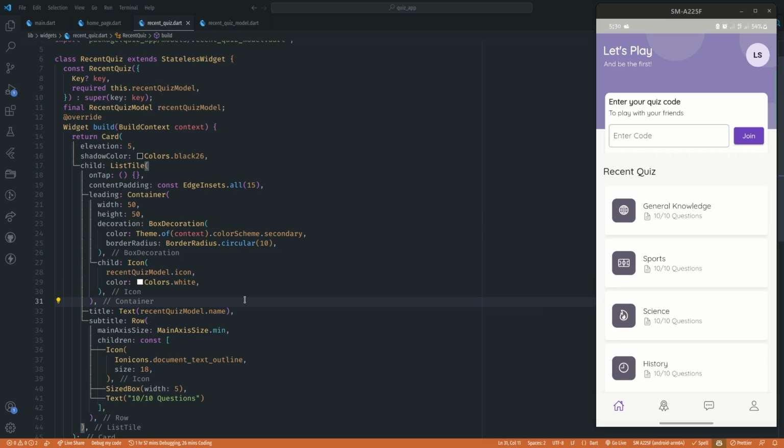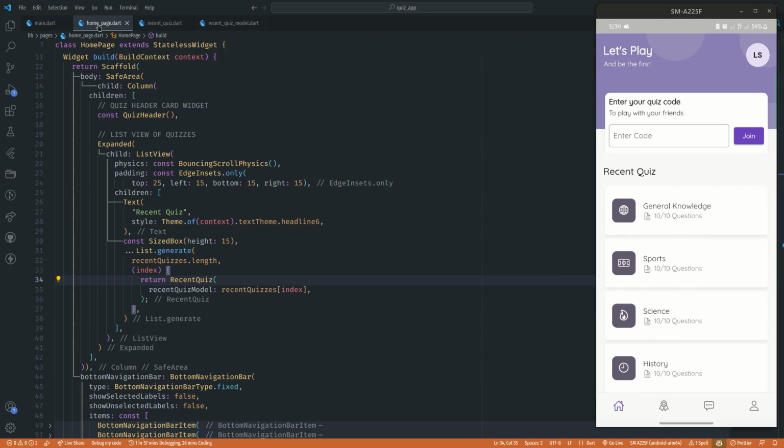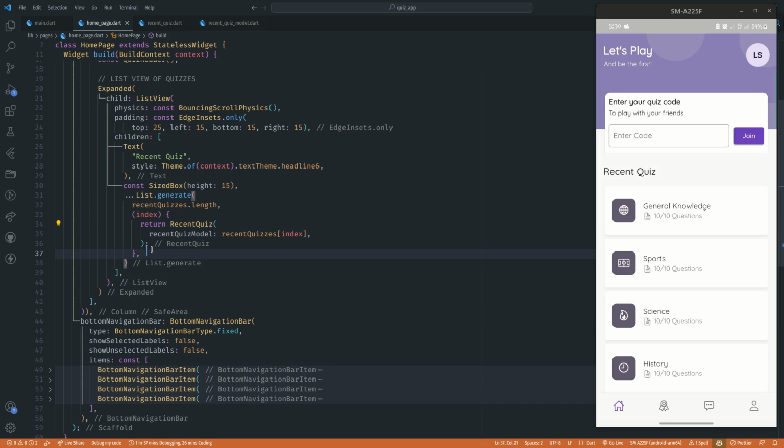Now the last thing is the number of questions, which I'm going to leave as 10 out of 10 because it's just a sample, you just get the idea. And the next section is going to be the live quiz section, which is just similar to this. So I'm going to copy all of this, starting from here downwards,